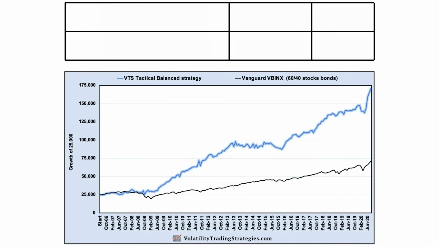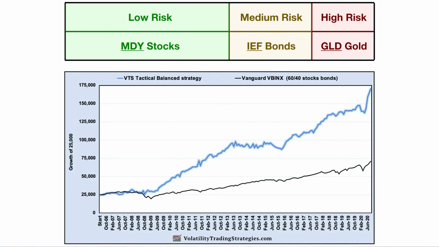And this strategy rotates between 3 potential holdings depending on market conditions. During low risk periods, we hold the MDY, which is the S&P 400 mid-cap ETF. And long term, this has occurred on about 55% of trading days. During medium risk periods, we hold the IEF, which is 7 to 10-year US Treasuries. Historically, this is on about 30% of trading days. And then during high risk periods, the remaining roughly 15% of trading days, we hold the GLD, which is an